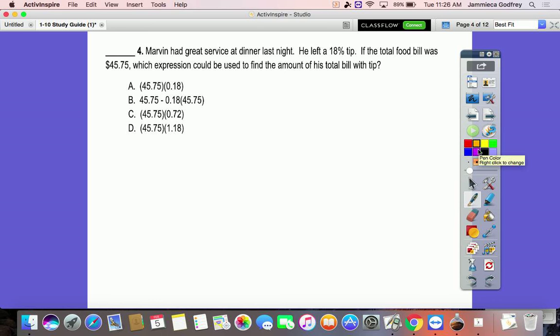So you're going to leave the actual bill plus 18% of that bill. So the actual percent is a whole, which is 100 or 1 as a number or with a decimal 1. This is 100% plus 18%, which is for the tip. So this is the bill at 100% and this is the tip. So you're going to leave 118% or 1.18